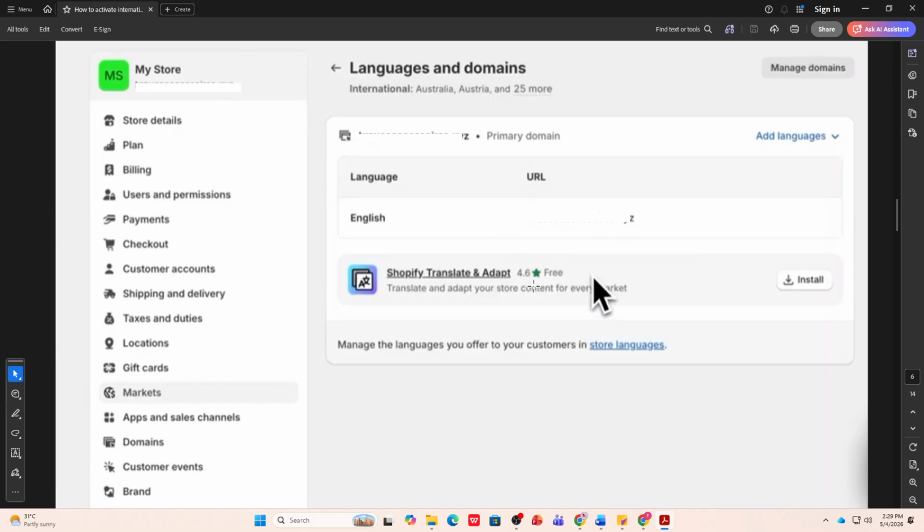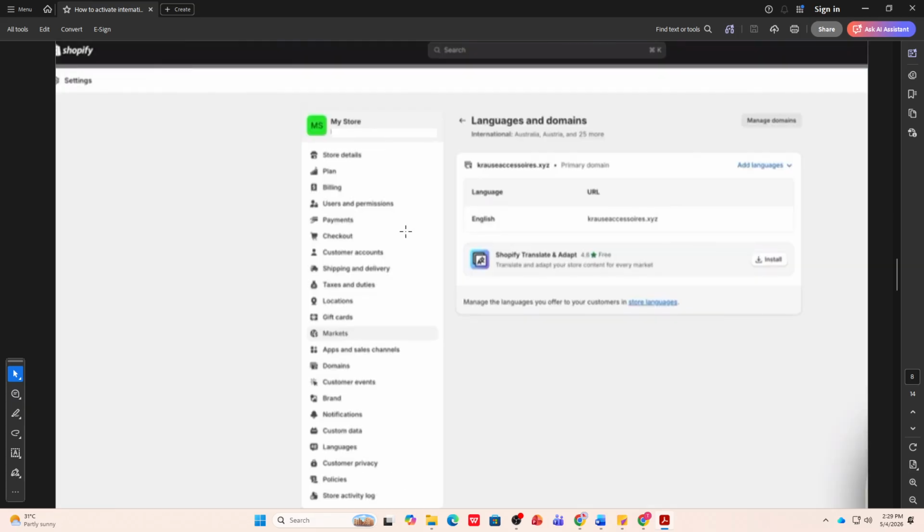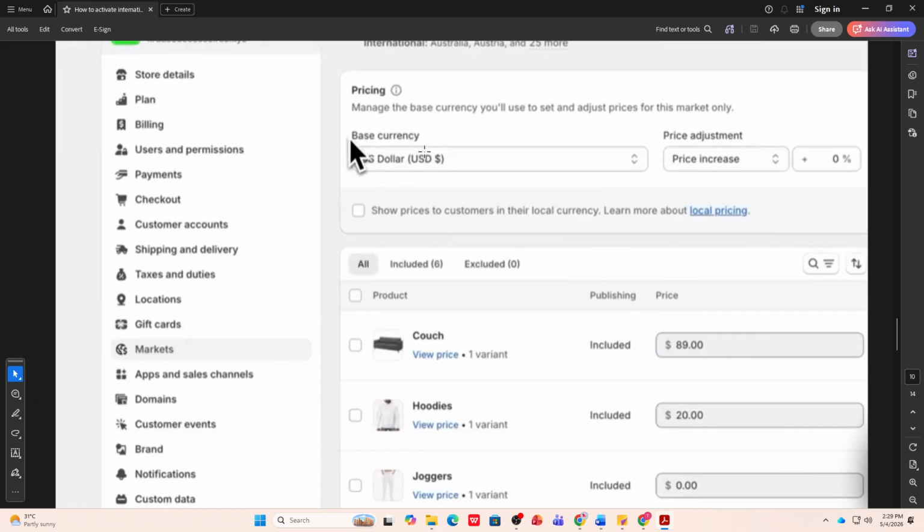Now set up your currency and pricing. In the market settings, enable local currencies like USD, EUR, or any regions you plan to serve. You can let Shopify convert prices automatically using live exchange rates or add price adjustments to round prices or protect margins. For example, you might add a small percentage increase in certain regions to account for higher shipping or handling